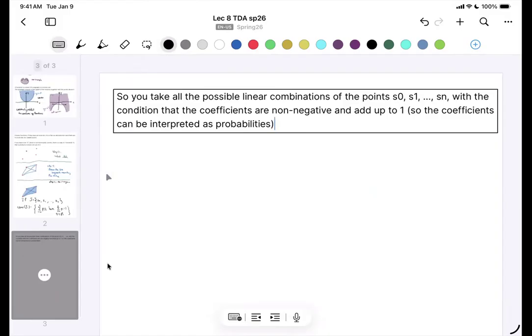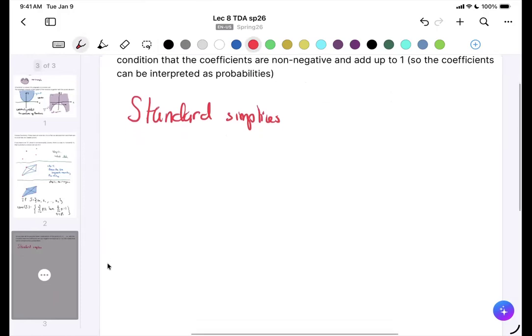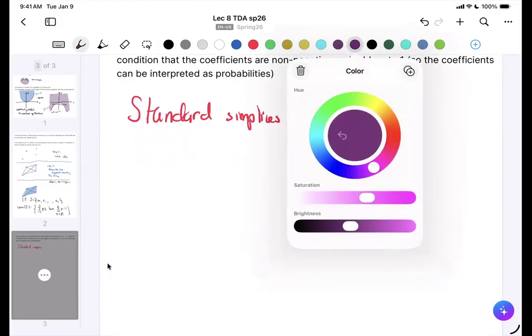So the standard simplex. Oh, and then I'll write it in a note. So what is the standard simplex? Or rather, the standard simplexes, because there will actually be several, one for each dimension. Also, let me draw some pictures first, and then you'll see how they're supposed to operate. So delta zero